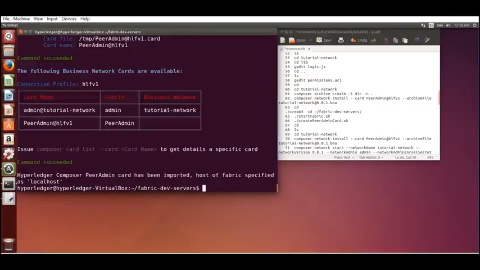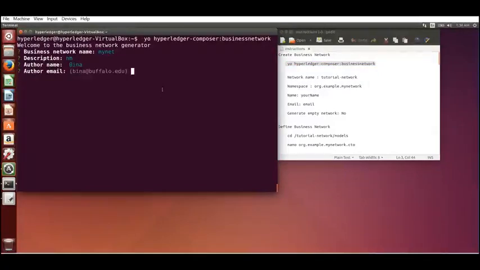Now the next step is setting up the business network, or where the code about your logic will be created. I've already created a tutorial network as it was provided by the Hyperledger tutorial, but I'm going to show you how you can create the initial template. This is like your truffle init. We're going to use a very nice scaffolding project initialization tool called Yeoman, and I've given you all the instructions in the instructions that we have provided along with this demo.